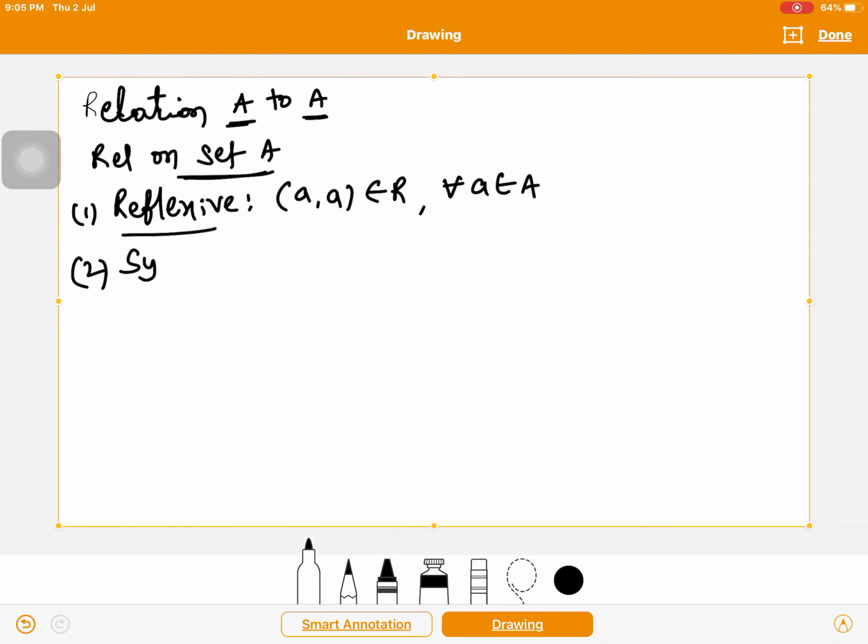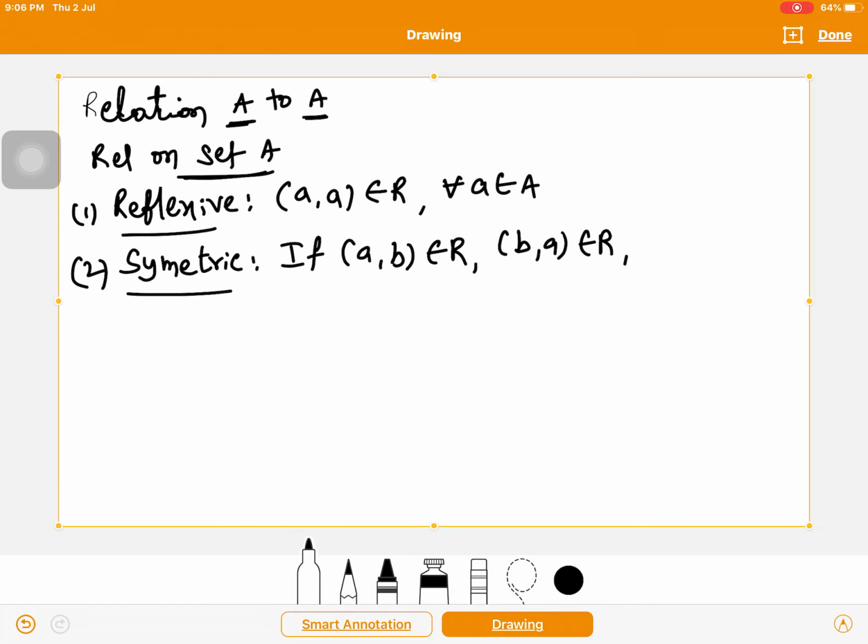Next, symmetric. A relation R is said to be symmetric if you find (a, b) belongs to R, then (b, a) also belongs to R, where a, b belong to A. Take two elements from this set A. If the (a, b) combination is there, then observe its reverse combination.